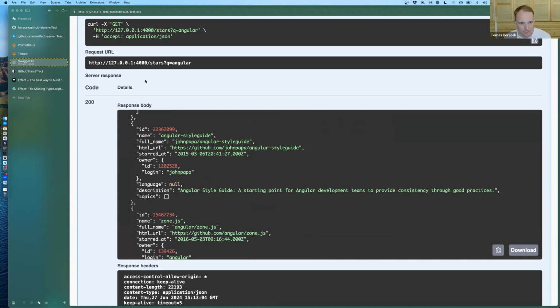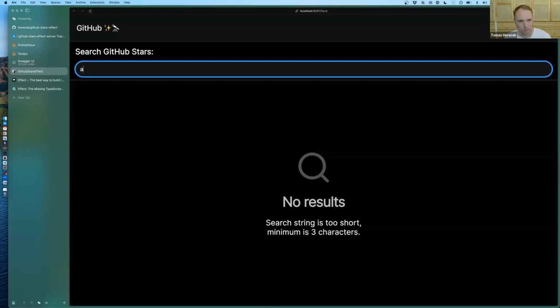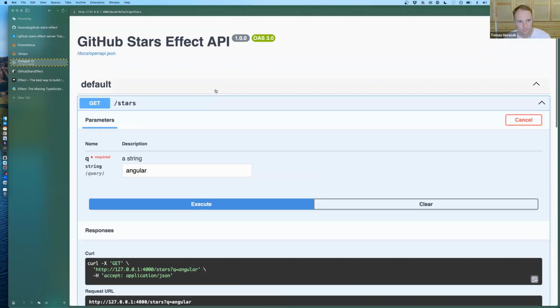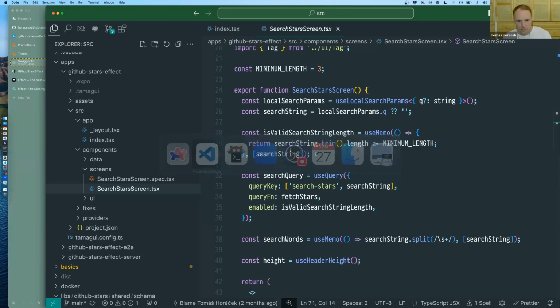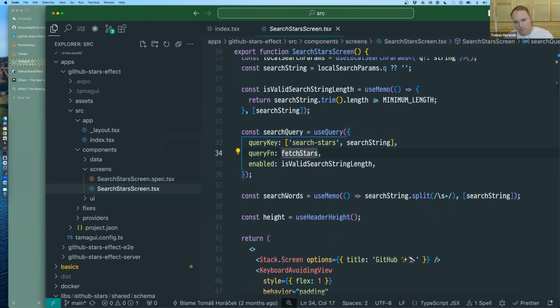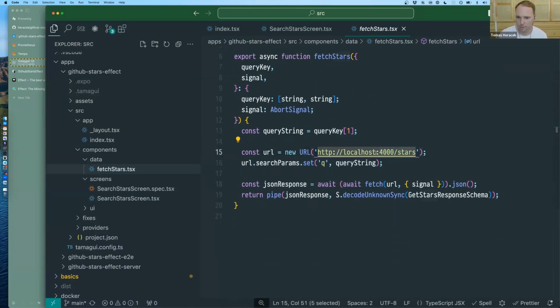Yes, so it returns an array of information about repositories, and then I can display it. If I do the same thing here, you can see that this is the response from the backend. Okay, let's dig a little bit deeper into the fetching of this response. The server is running on port 4000, so I just want to fetch the